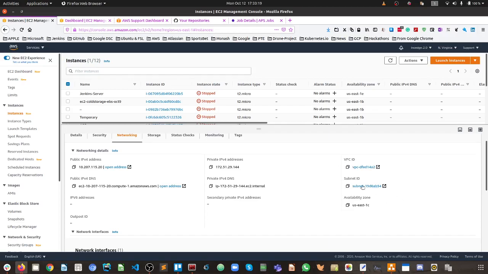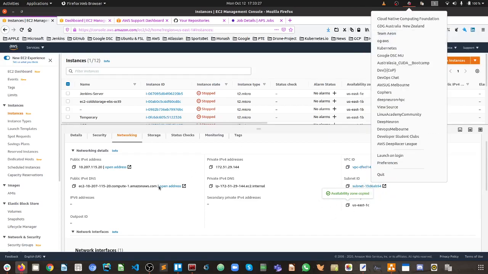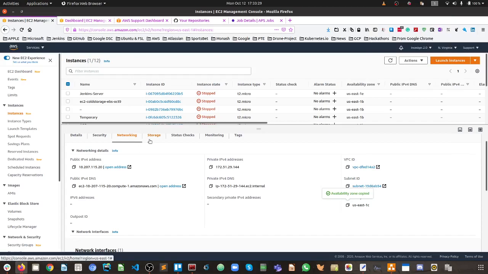And if you see the availability zone, my availability zone is US East 1C, which I need, so that's why I copied it. Let me just see if it's copied. Okay, now it's copied as well. And now